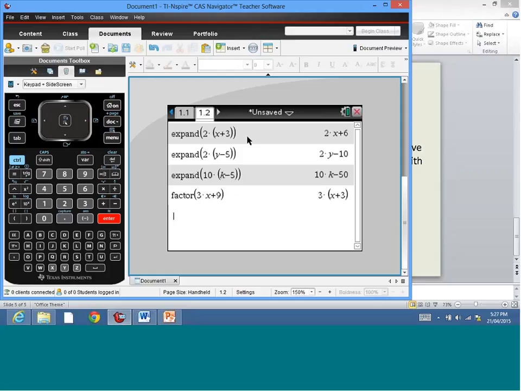I give them a few of those to do, and that way they start to get the idea that what I get as an answer when I'm expanding is kind of the total opposite of what I'm doing when I am factoring or factorizing. It's starting to make them think a little bit more about the processes they might be using. And we can take this as far as we want to. We can take it to the idea of expanding brackets